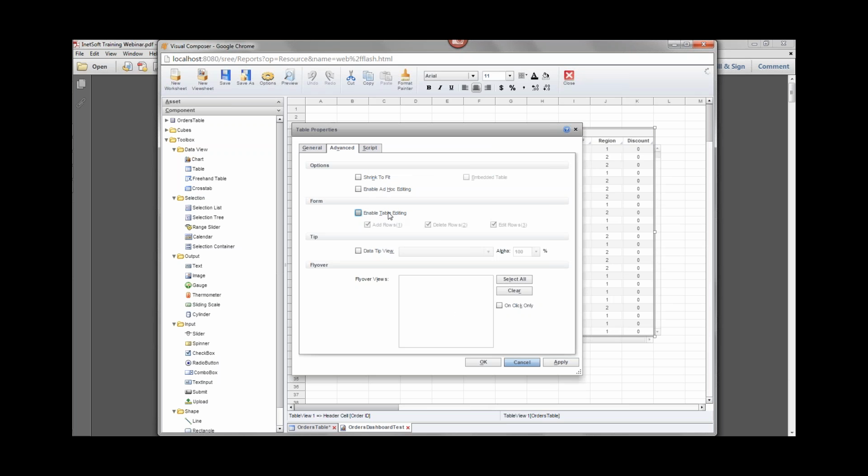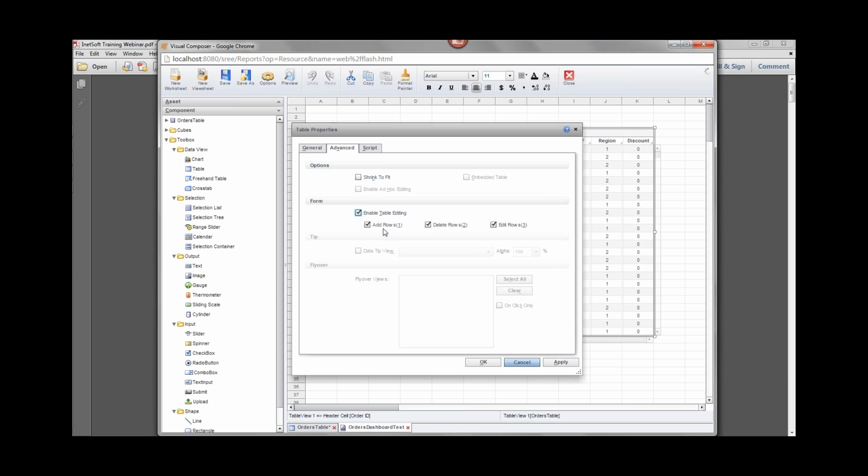Editing. Right? If you right-click on a table and you open a table and you don't see that property, it probably means that you don't have the right licensing. So that's something that you'll have to look into then. So the first thing, the easiest thing, is that you turn on table editing by enabling that property.